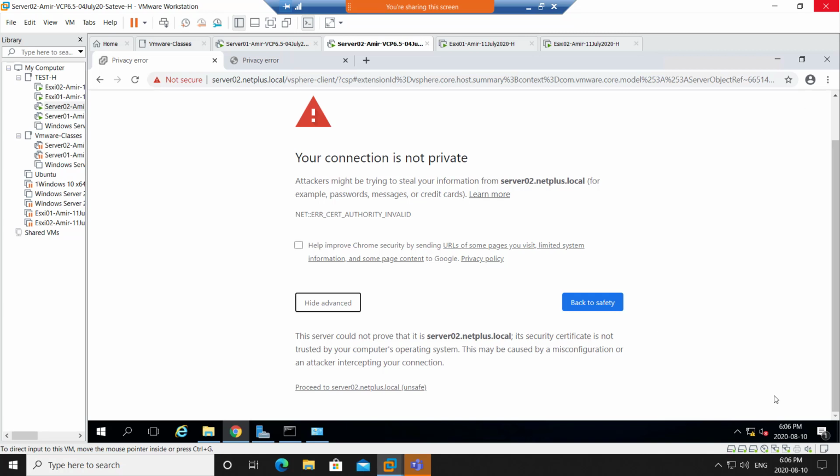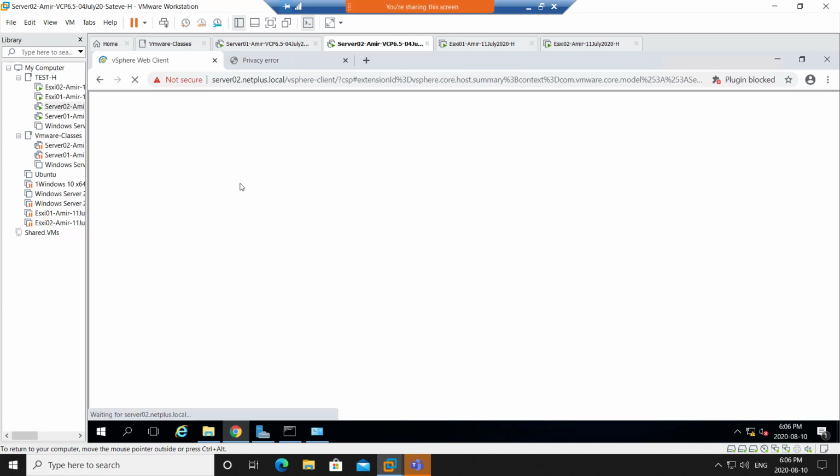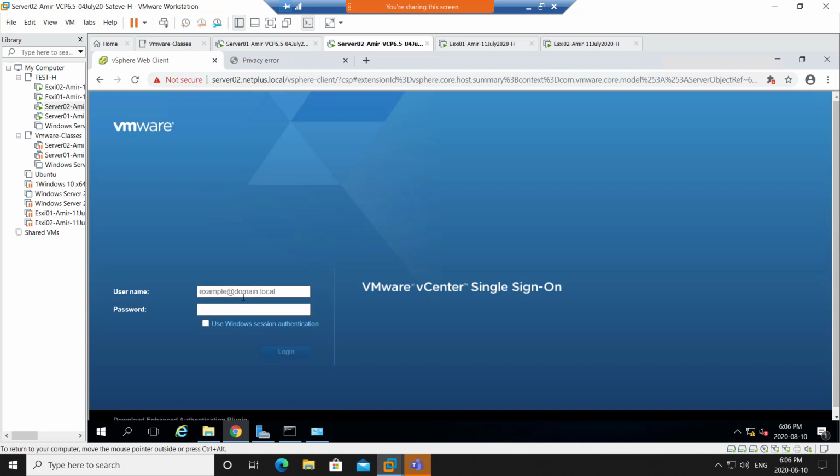I'm just going to click the proceed button here, and then I'll go ahead. It seems like it's been ages since the last class. Yeah, it looks so new, right? Administrator at vsphere.local. I'm just going to log in from that, with small abc, capital ABC, shift 1, 2, 3, and without shift 1, 2, 3. So we're going to log into that